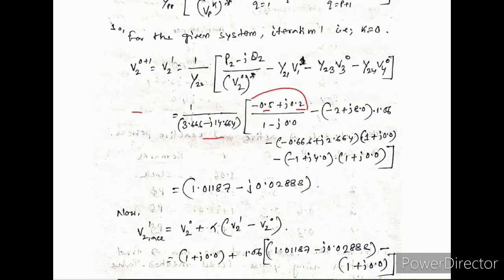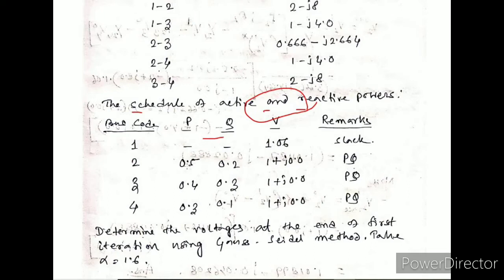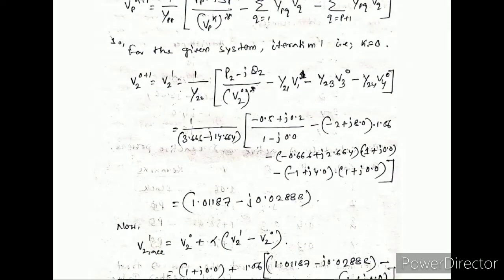What is the significance of this line? If you see the numerical, the P2 value for bus number 2 is given as 0.5 and the Q2 value is given as 0.2. Both are positive values. But whenever I put these values in the equation in the next part, I have put minus 0.5 and plus 0.2. The significance of this is that